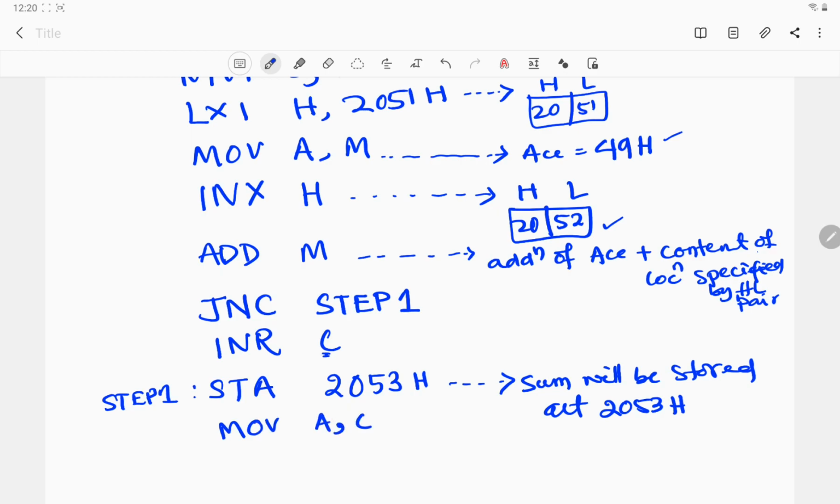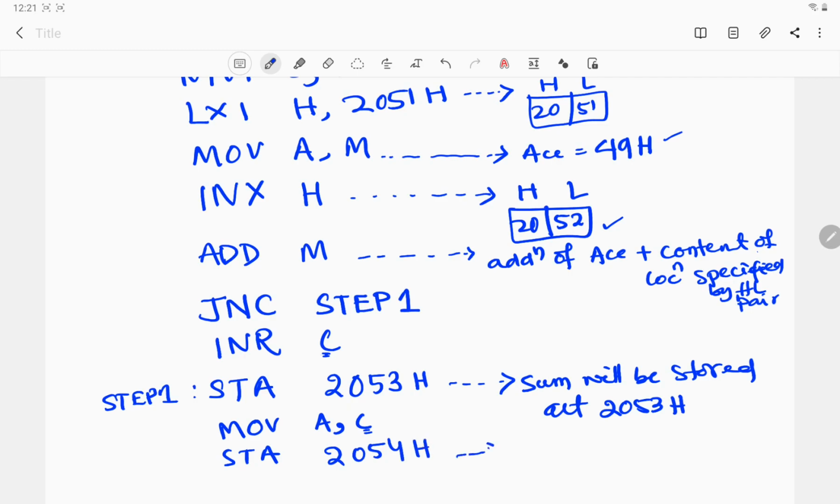Whenever we want to store a certain value at a memory location, we need the help of the accumulator, and we will be using the command STA. For that reason I have moved the content of register C to the accumulator. Now I can store this content of the accumulator at the next memory location, that is 2054H.